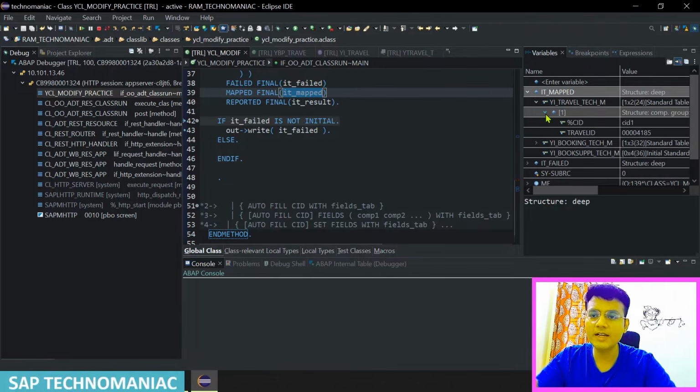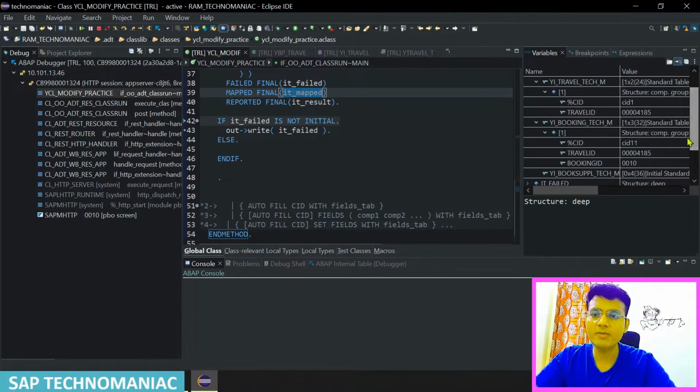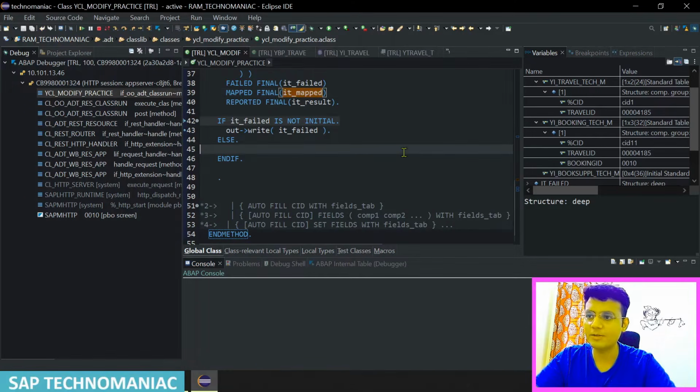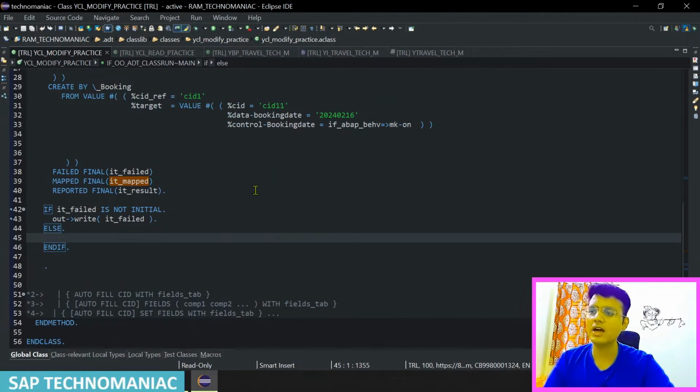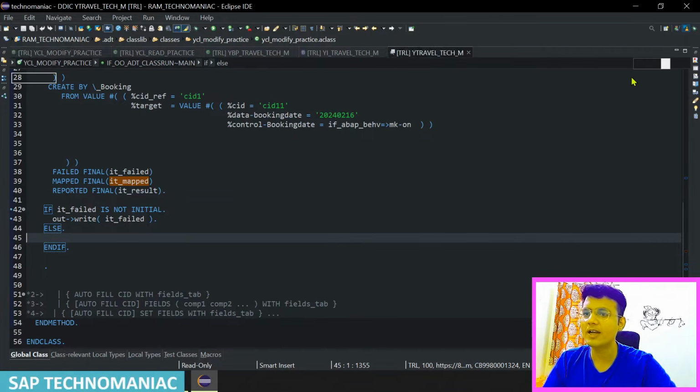What new travel ID got created? It is created 4185, and if you see the item table, we have 4185, child number 10 also got created. Let me do F8 and see in the table also, or you can read back also. I will show you how to do the read operation. You can read back those data also, but let me show you the table level directly. If you refresh it,